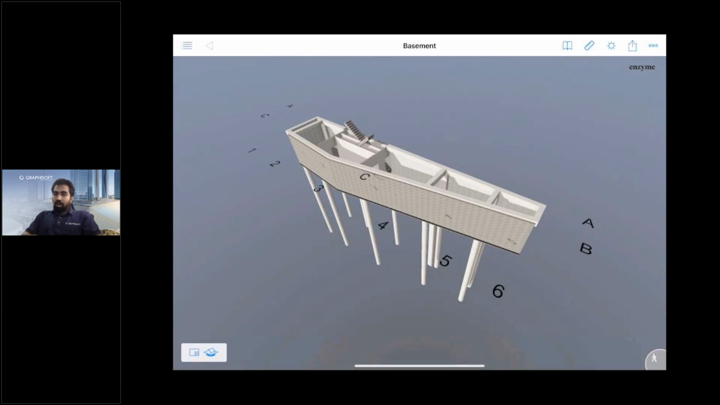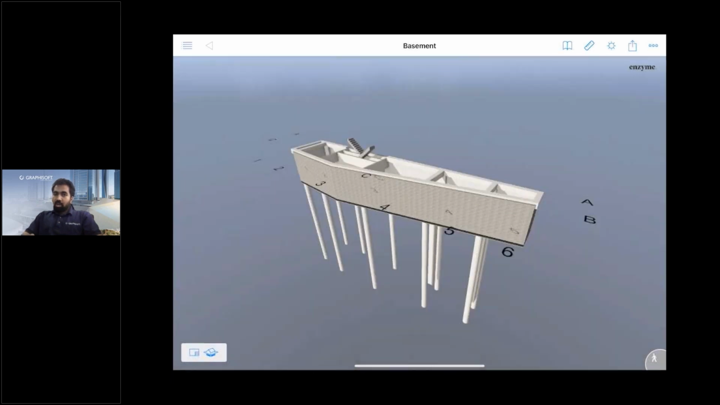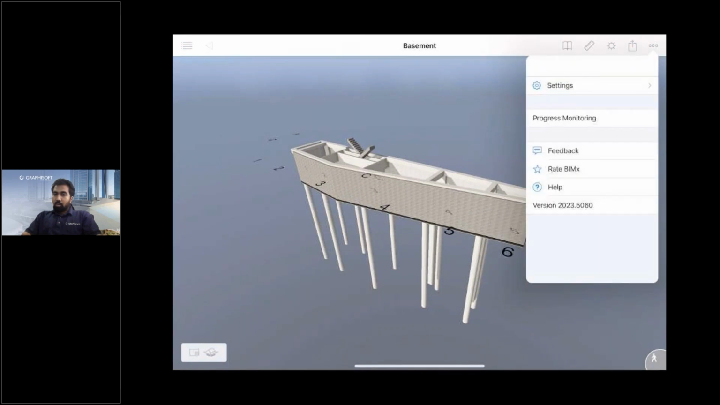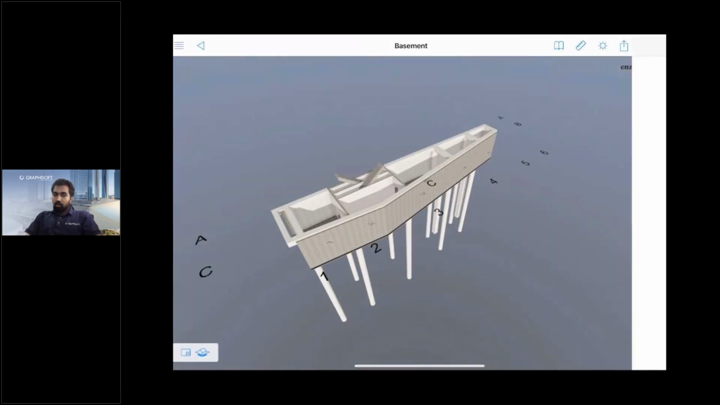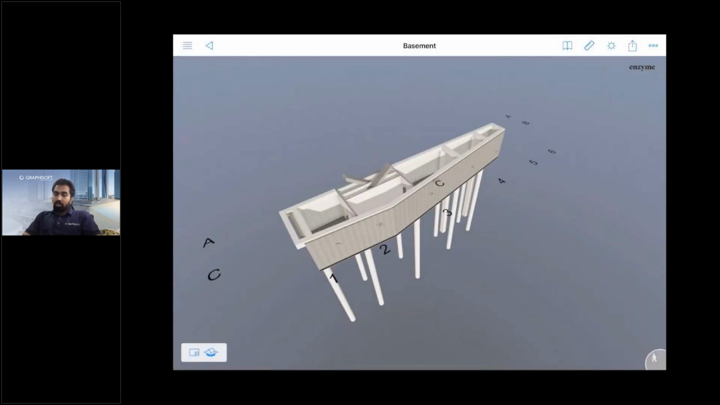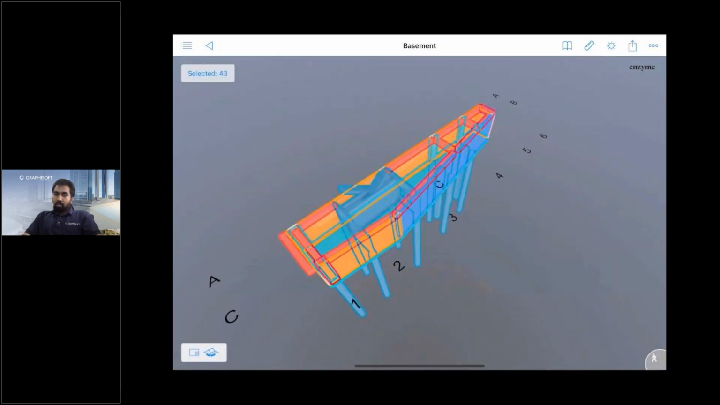Now that we have updated the statuses, let us check out the statuses of elements in color coding. So you can see I have this new option called progress monitoring, which is developed by the workflow and the extension that we have installed. When I open that, I will have three buttons which will show the check fabrication, and then when I